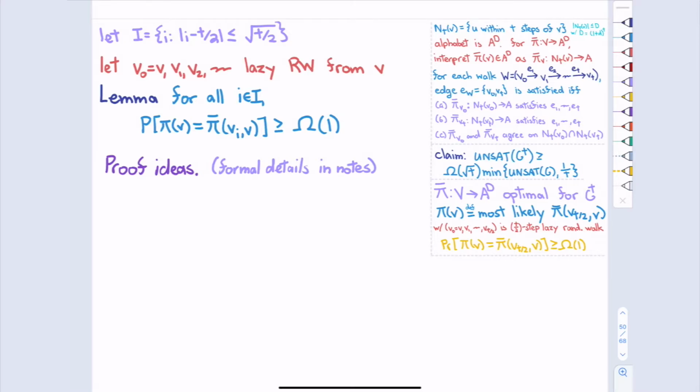Does anyone want to try to guess the intuition behind the proof? You want to use the fact that it's a lazy random walk. Also, please ask if the claim makes sense, because there's a lot of notation coming really fast.